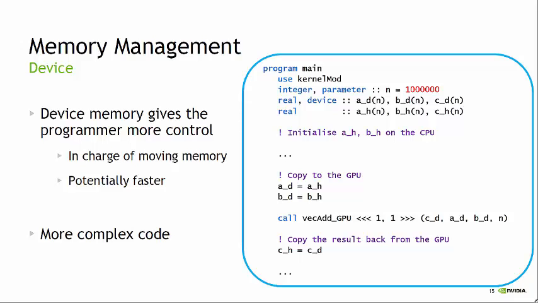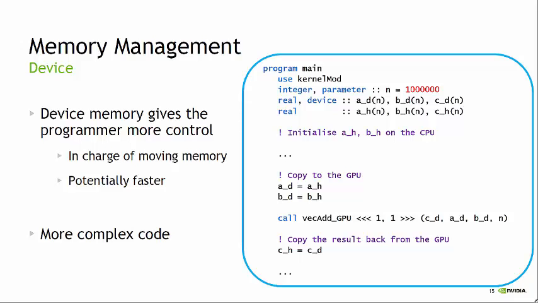There are also explicit API calls you can use. So in CUDA-C, you would use an API call, for example, CUDA mem copy. And there's also asynchronous versions of that, CUDA mem copy async. So there are API calls you can use to copy memory. In Fortran we have this very nice syntax of just being able to do a